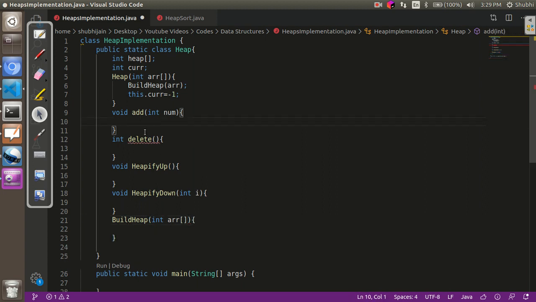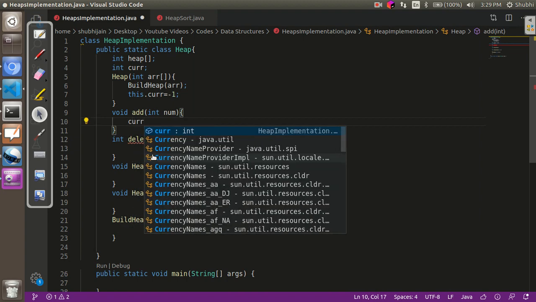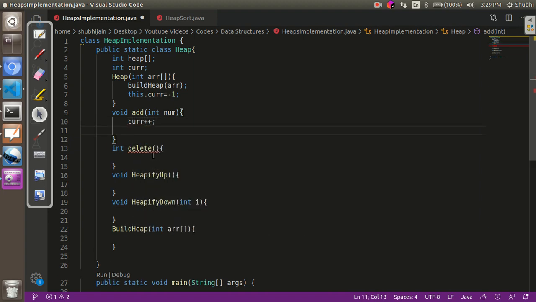So first let's implement our add function. Over here we know that we have to add the element at the last position. So we are just going to increment our current value, and we will be adding this number num at this current position.